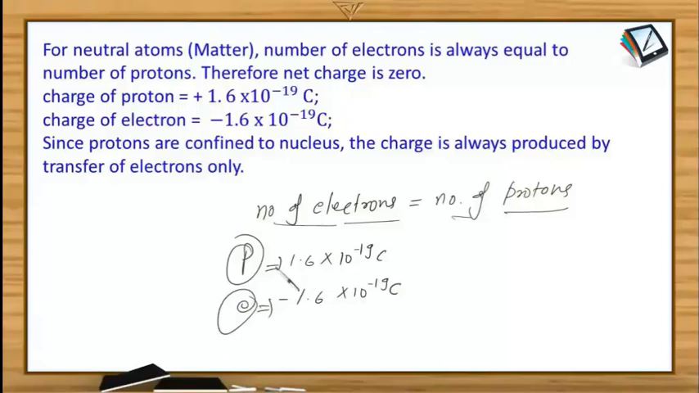Since protons are confined inside the nucleus and they are tightly held together with the help of the nuclear force, there is no chance of a proton coming out of the atom or the nucleus. So it is the electrons only, due to which charged bodies are created, because in natural states all atoms have the same number of electrons and protons, so net charge is 0. So if we can somehow remove electrons or add some electrons, in that case we can create an imbalance